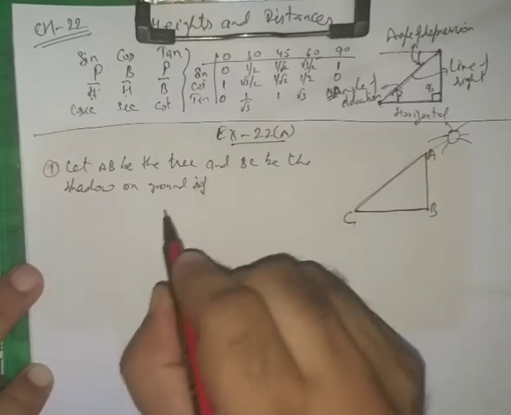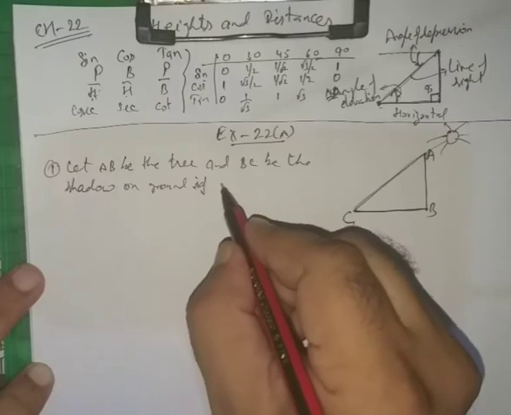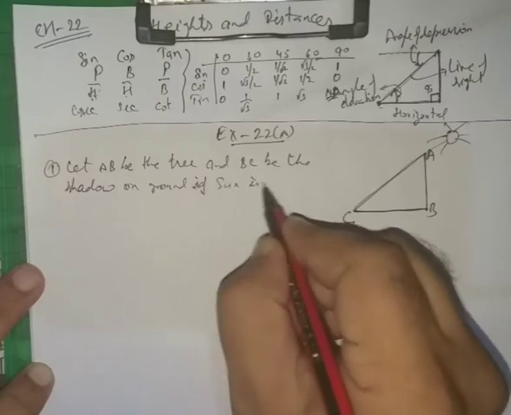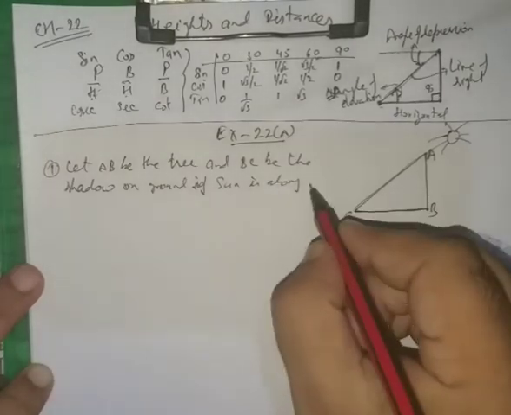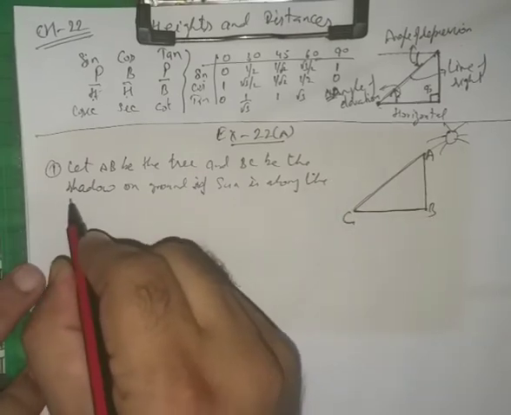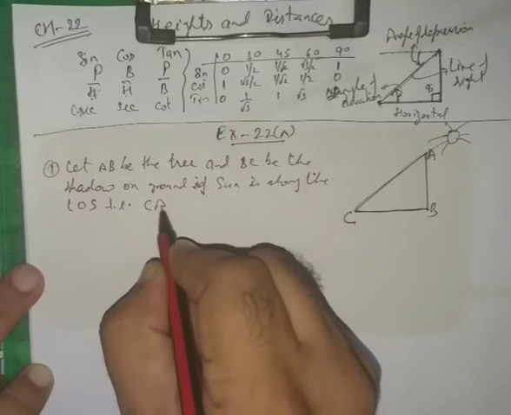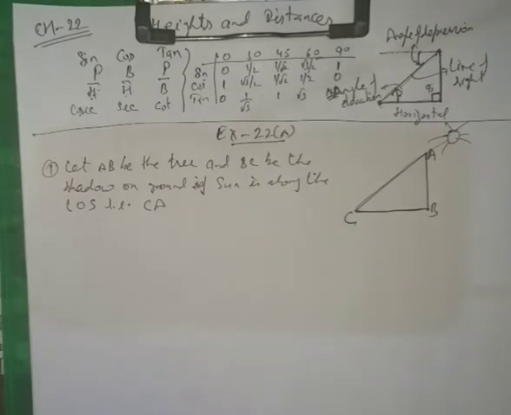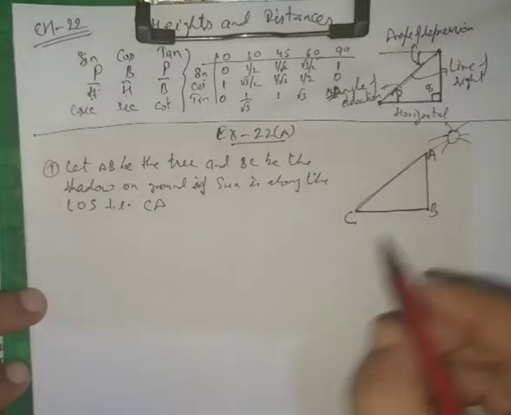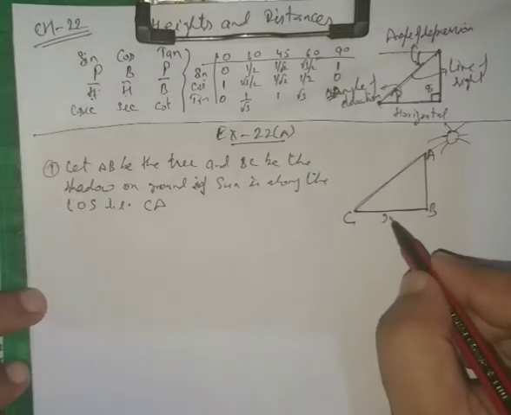If the sun is along the line of sight, that is CA, then according to the statement, the height of the tree is root 3 times the length of its shadow. Then the statement says if this is X,